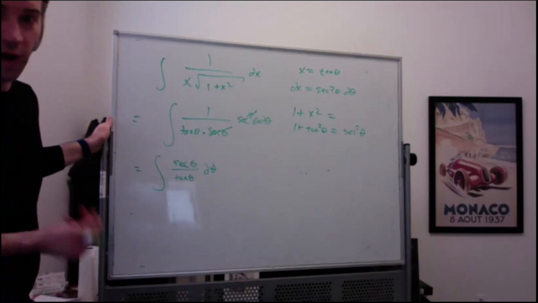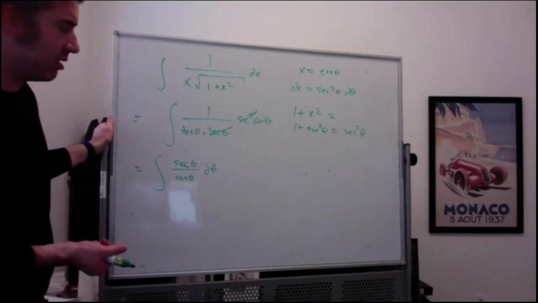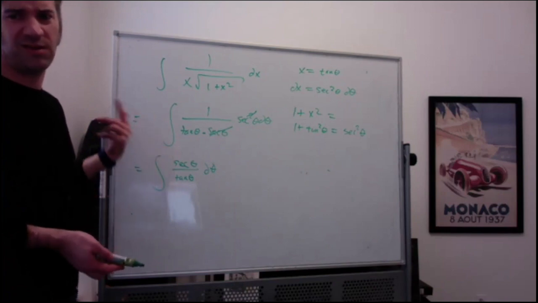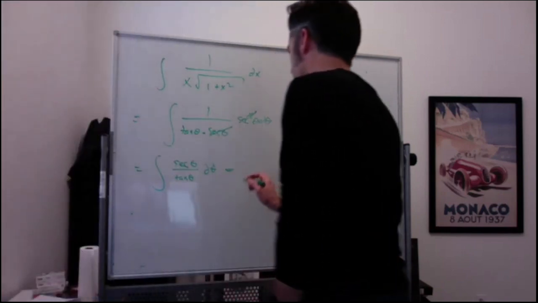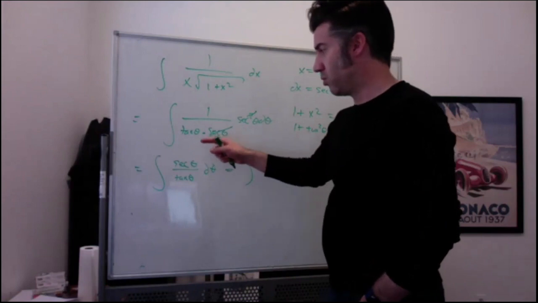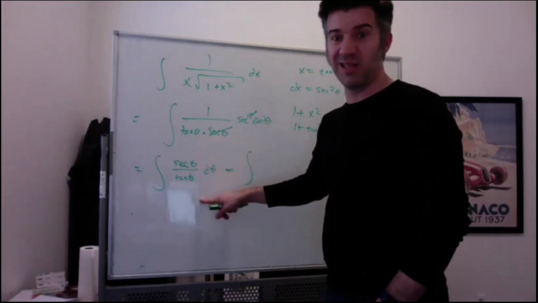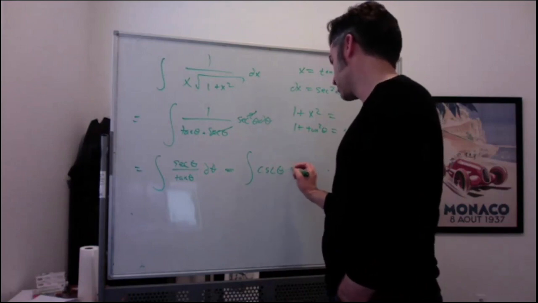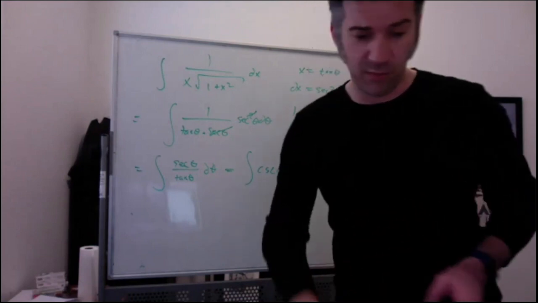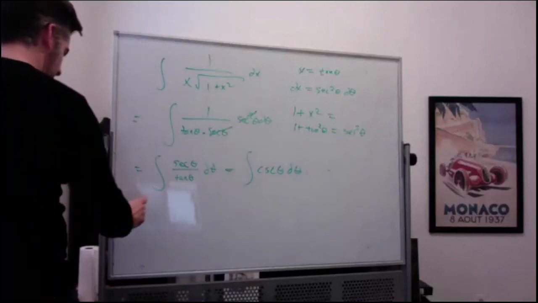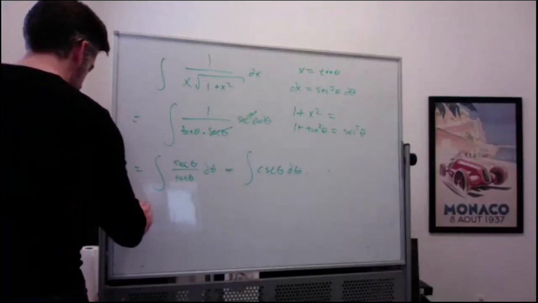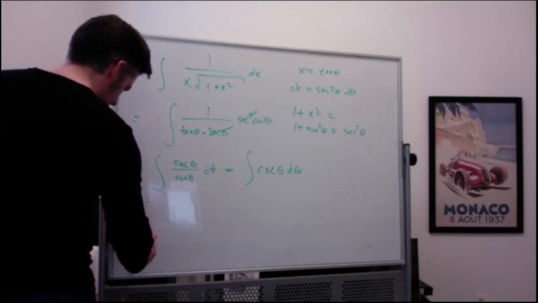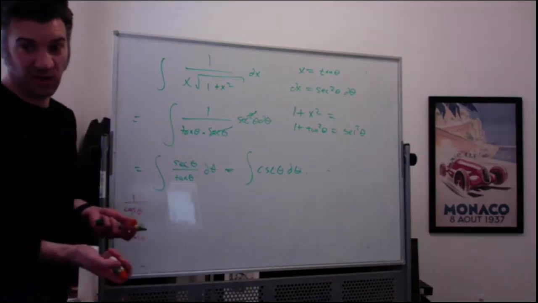And there's probably a way we can rewrite this to make it easier. Let's see. Secant is 1 over cosine. Tangent is sine over cosine. Oh yeah, this is going to be great. This is going to be the integral, let's see, 1 over cosine, sine over cosine. The cosines cancel, you get 1 over sine, which is cosecant. Just to make sure everyone's on board with that, right? I had 1 over cosine, I had sine over cosine. I said, oh yeah, if you flip and multiply, the cosines cancel and you get 1 over sine, which is